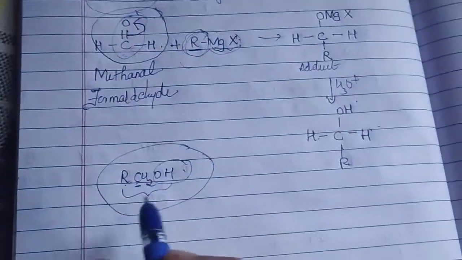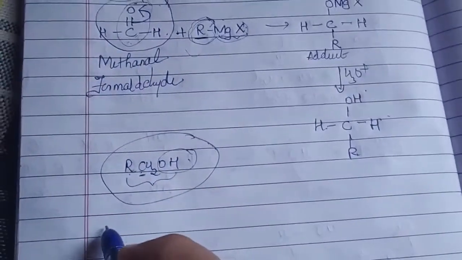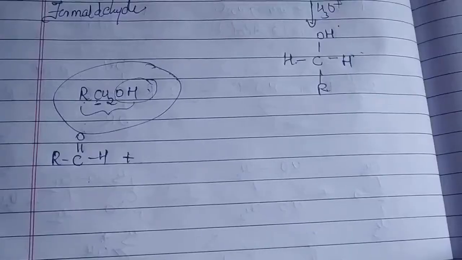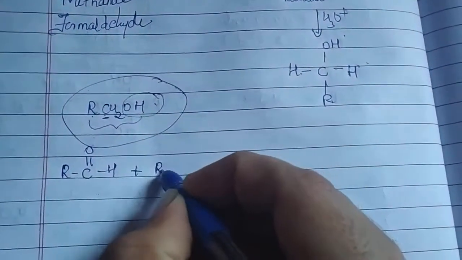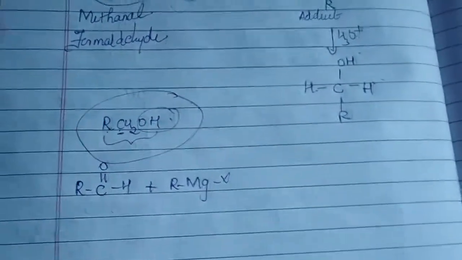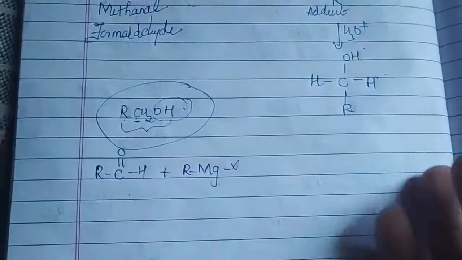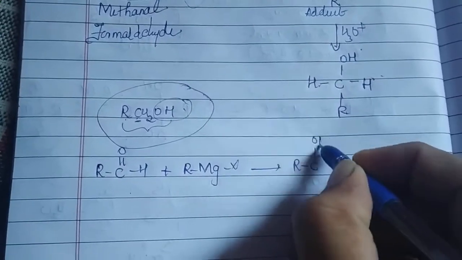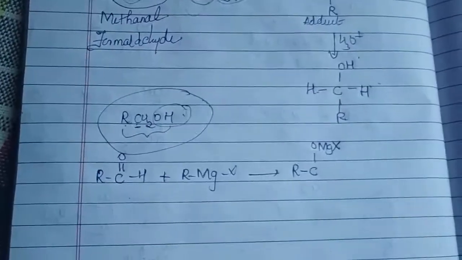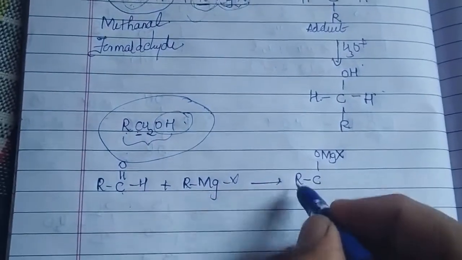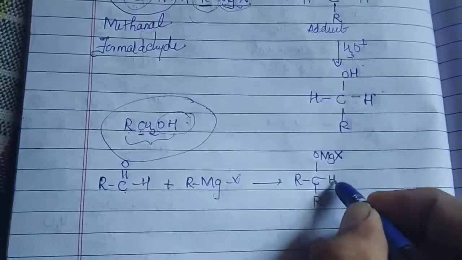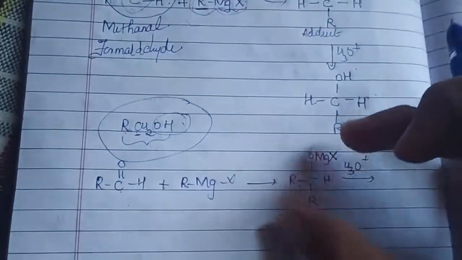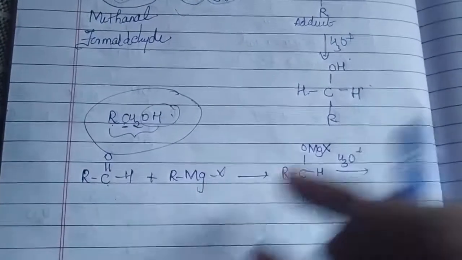Similarly, if I am going to choose any other aldehyde, for example, R, C double bond O and H, treating that one with RMgX, that is your Grignard reagent. So what type are you going to get? The same way you have to write. There's nothing more different. So first RC, here OMgX. Yes, since your R minus, C is having a positive, so here comes R, here comes H, followed by acid hydrolysis. Once again I am repeating, first the adduct comes, then if you do acid hydrolysis, the final product you get is